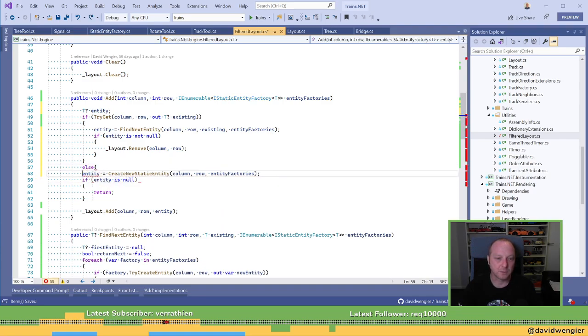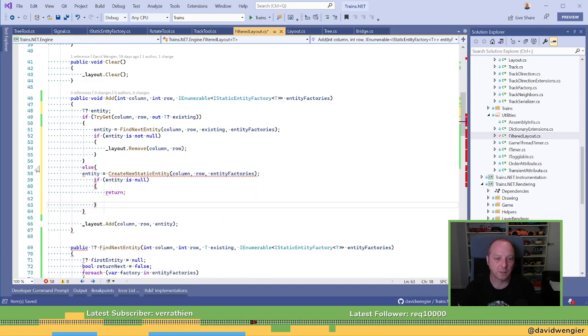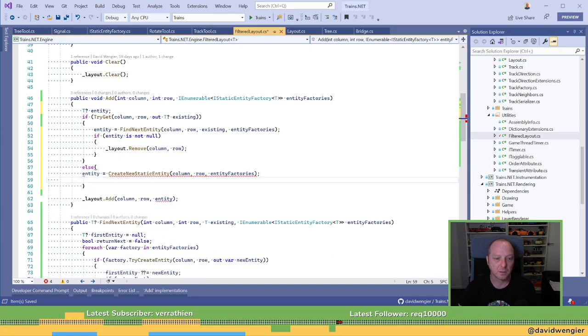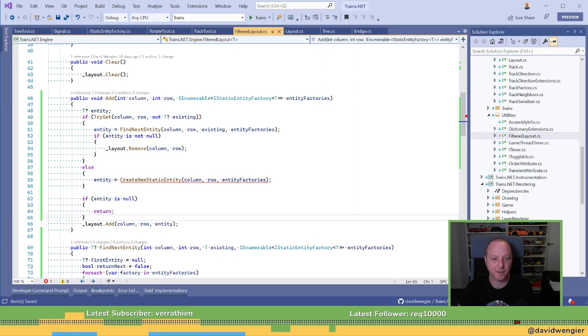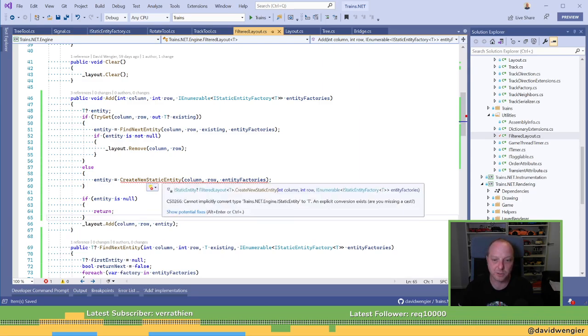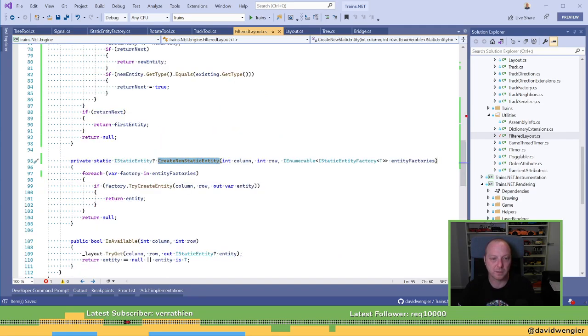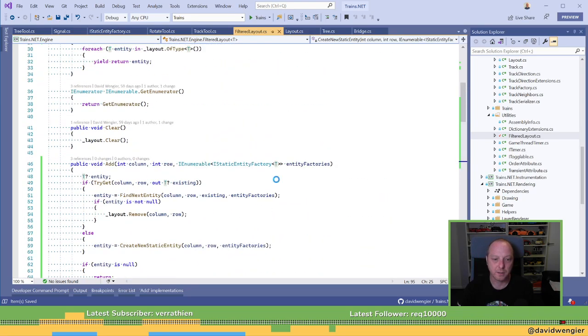Otherwise, do that, and that. Okay, I think that works, except for that, which doesn't like it. Can I convert type isolated to T? Yeah, that can be a T. Yeah, cool. Okay, see what happens.